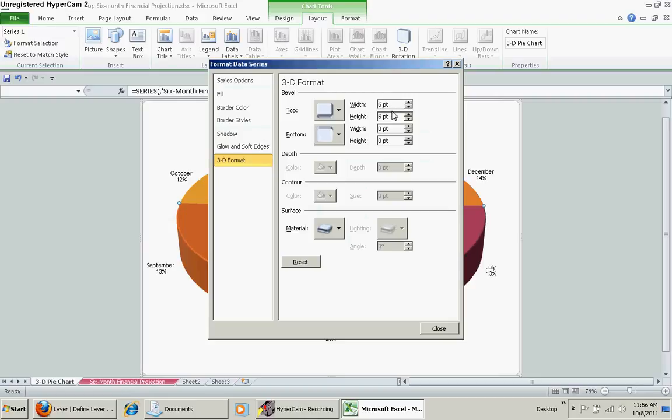and we want to increase this number over here and keep an eye on here to see what's going to happen as we increase this to 50. Okay, I'm just going to type it in 50, and then the height I'm going to make it 50 also. See how this changed over here? Okay, now we click close